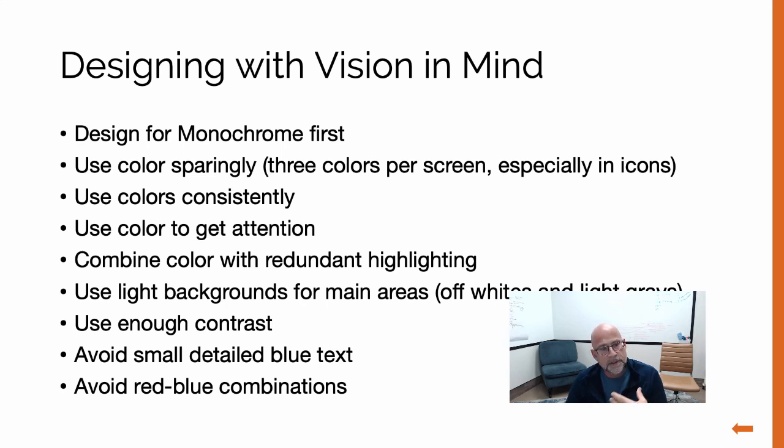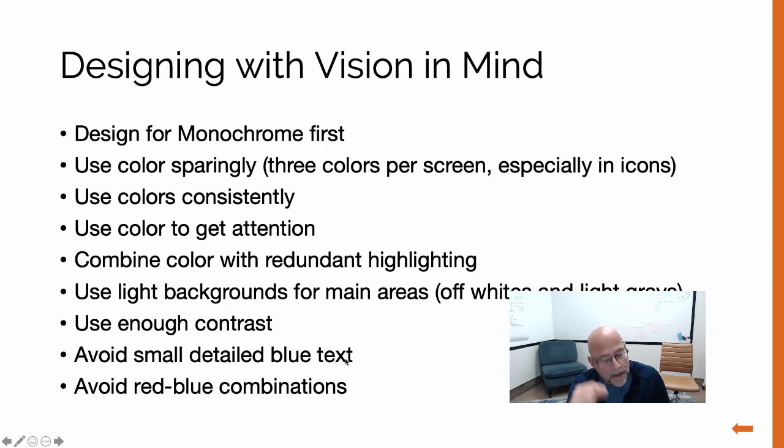I also use colors consistently. Because colors are so strong and attention-getting, I tend to use them to get attention. I tend to combine them with other types of highlighting. I always use light backgrounds for the main areas, off-whites and grays and things like that, and I use darker areas for the foreground. I tend to use a lot of contrast. I avoid small detailed blue text. Remember, there aren't blue cones basically in our fovea, so as a result it makes it really hard to see